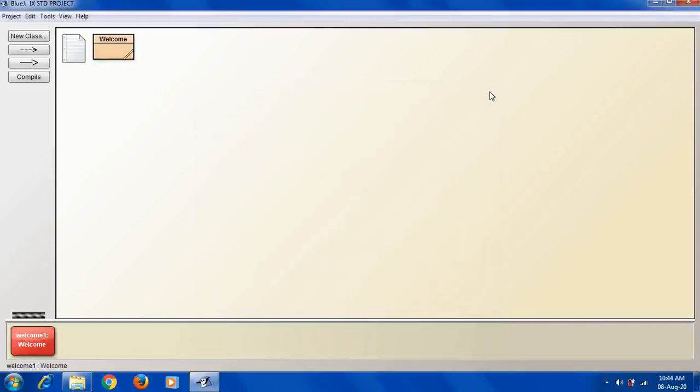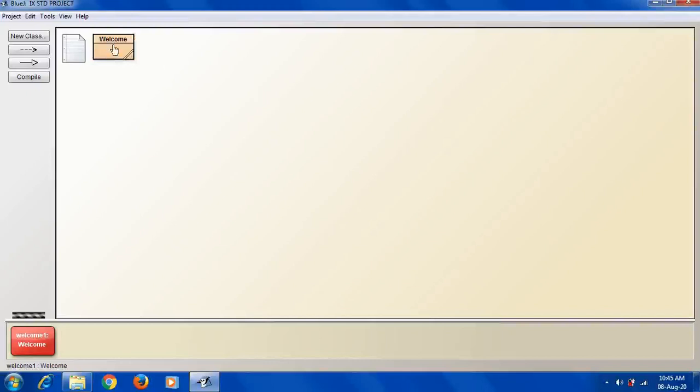So the next point is class as an object factory. Mainly we are using a class to create the objects. Since the class is ready and working now, you can create as many objects of this class as you want. Here the Welcome class is ready. Now in this object bench you can create as many objects as you want. Unlimited objects can be created in this object bench. Let us see how to create one more instance of the Welcome class.